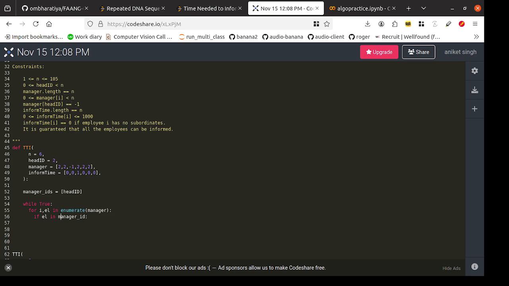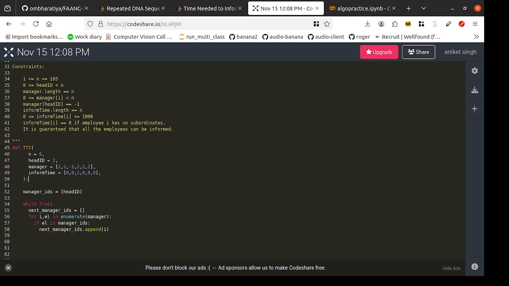If el in manager IDs, so that's what I check here. Next manager IDs will be an empty list. So next manager IDs.append(i). So I'm going to input the index of the location where